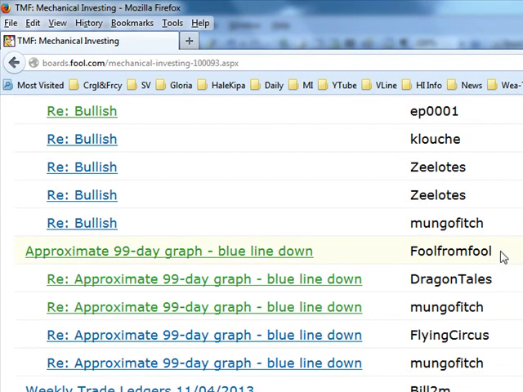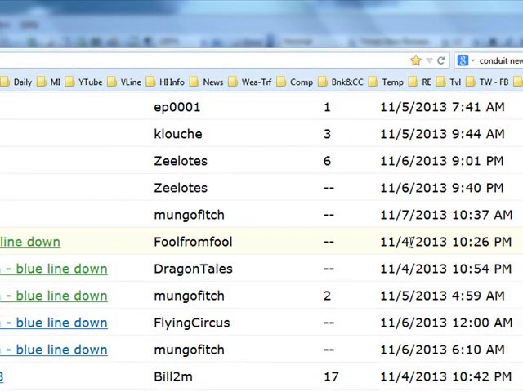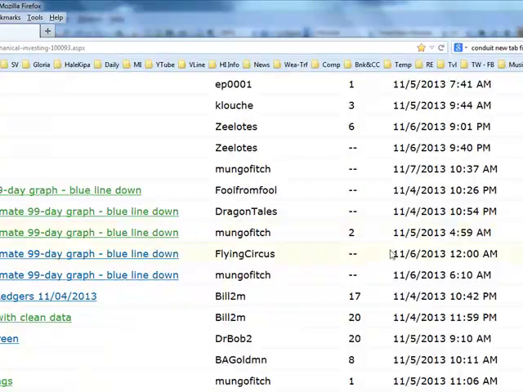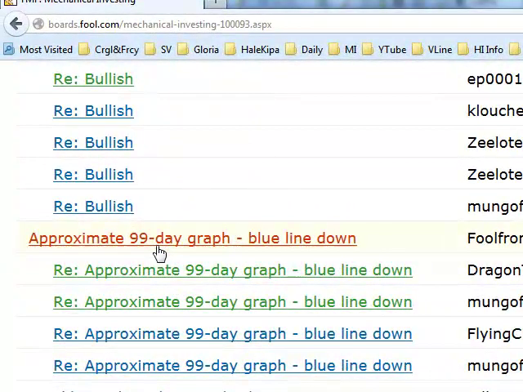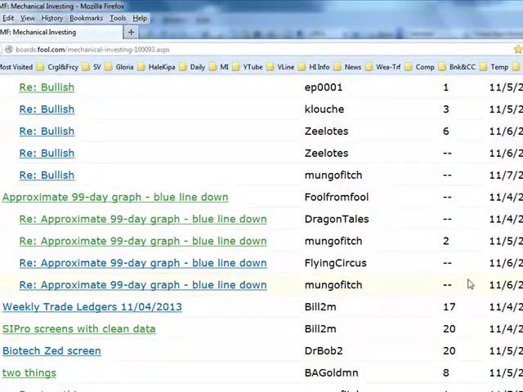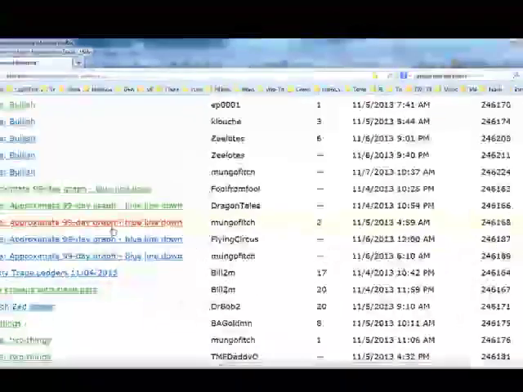Someone named Fool from Fool came in and wrote this message on the 4th of October at 10:26, and someone else responded to it pretty soon, within a half an hour. And then someone else responded, and then someone else responded. But the last message in that subject, that thread of discussions, so far is 2 days after the first one.